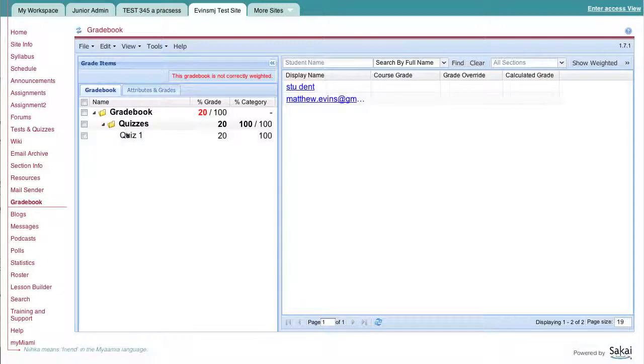So if you've got a long list of assignments here and you don't want them all to show at one time, you can just uncheck those boxes to unclutter the view on the right hand side, keeping in mind that those check boxes on the left hand side only affect your view and not how the student views the gradebook. So I'm going to go ahead and click on this checkbox here, and you'll see that quiz 1 has now